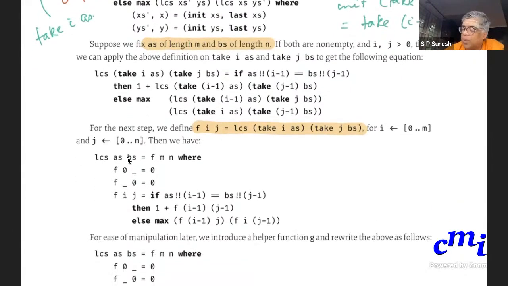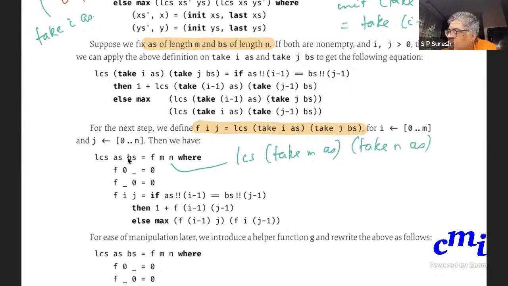If we do this, then you see that your LCS value that you want, LCS of A's B's, is nothing but F(m,n). If you want to expand, it is nothing but LCS of take m of A's, take n of B's, which is nothing but LCS of A's B's, right? Because A's is of length m and B's is of length n.